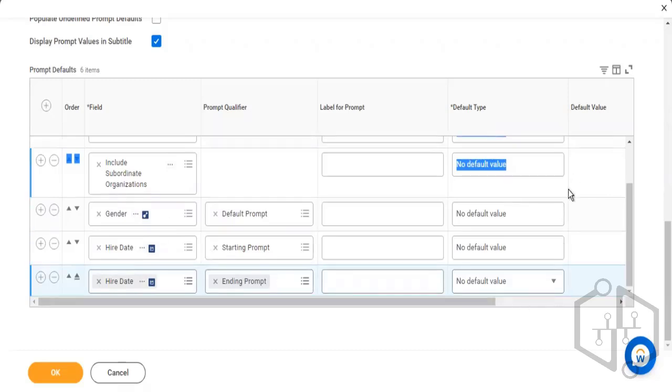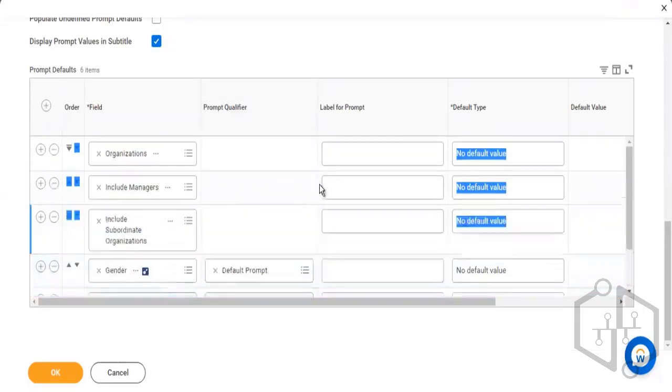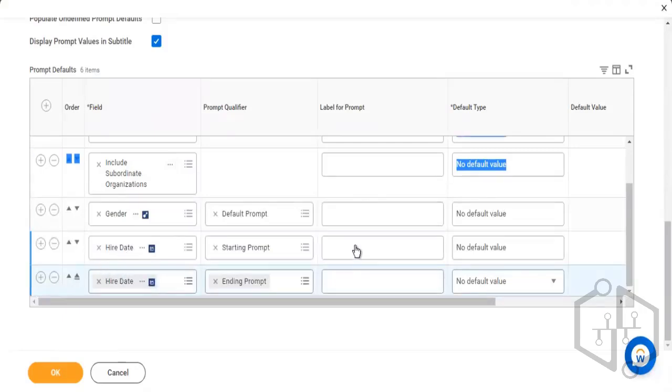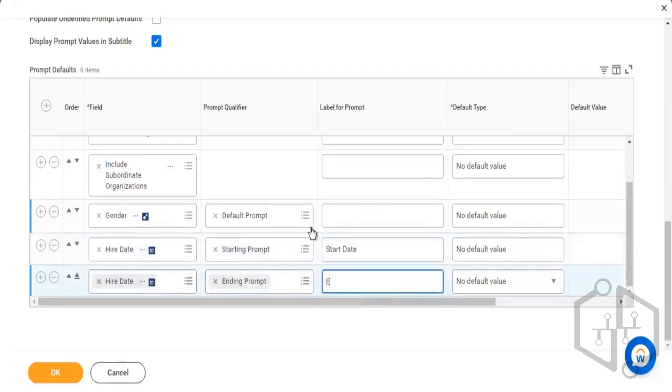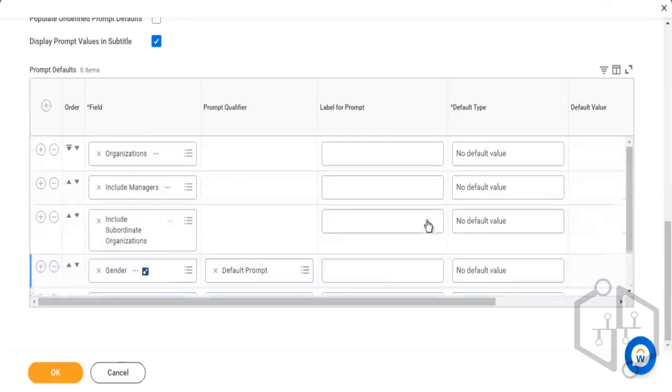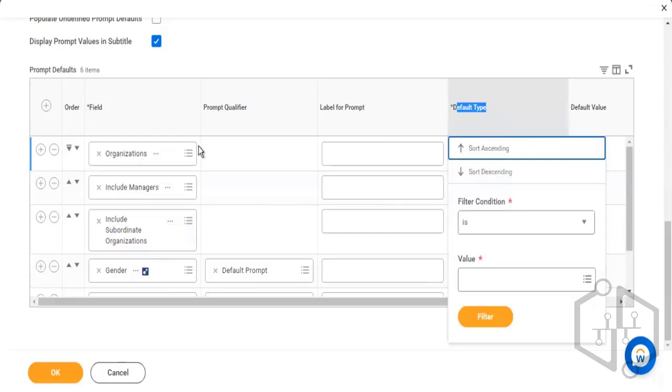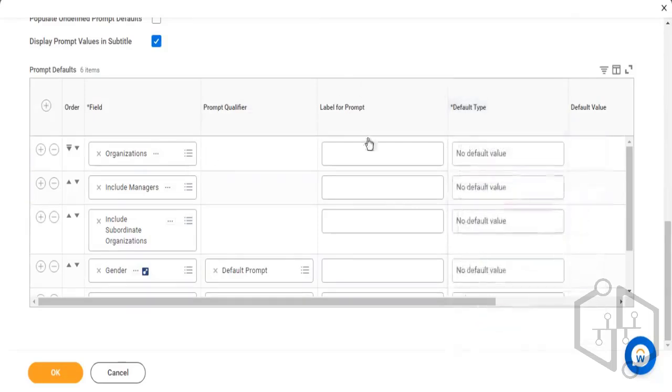Now here I have a few different options. I can relabel some of these prompts, right? I want to relabel this as start date, or end date. So the first option is I can relabel these prompts. Second, I can manage prompt defaults. Now, the problem is there are 5 prompts, and every time the end user runs this report, they'll have to manually enter the data, right? So instead of that,